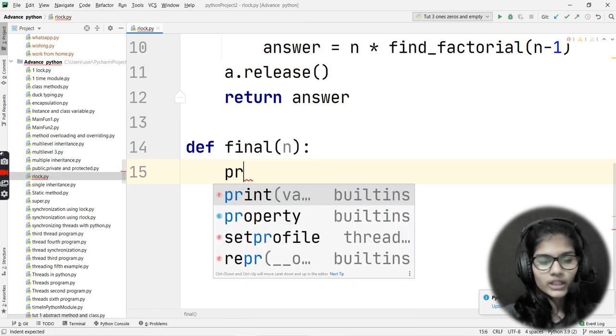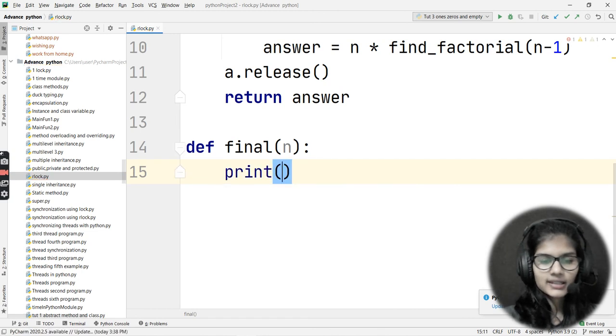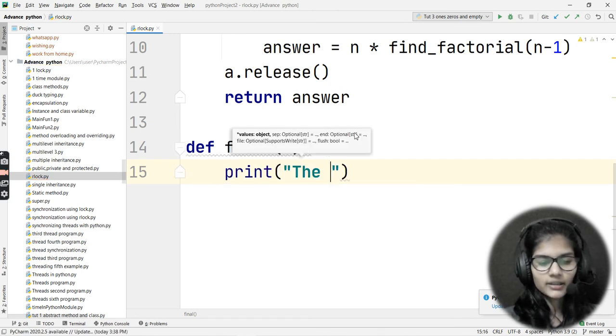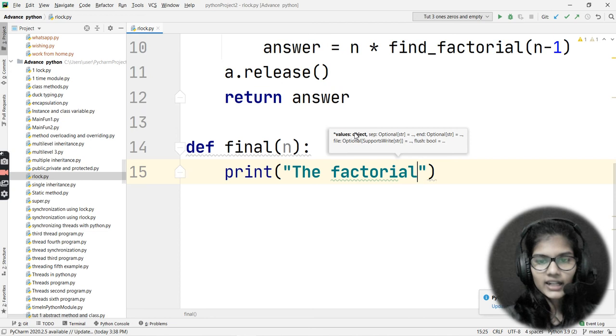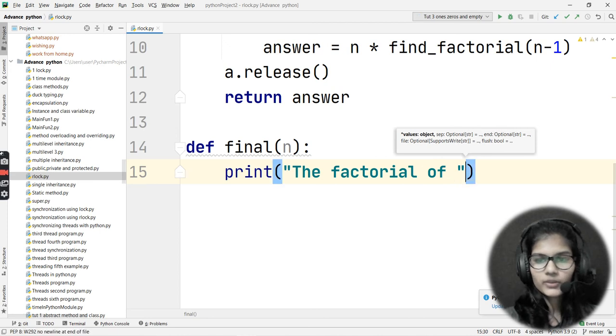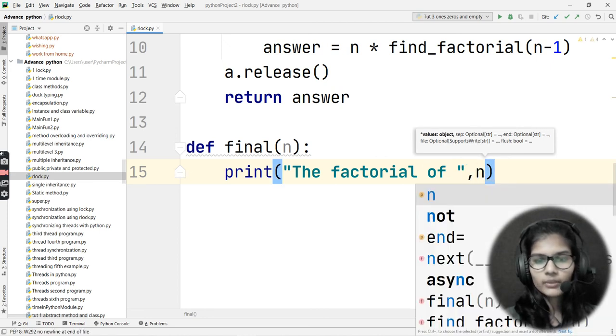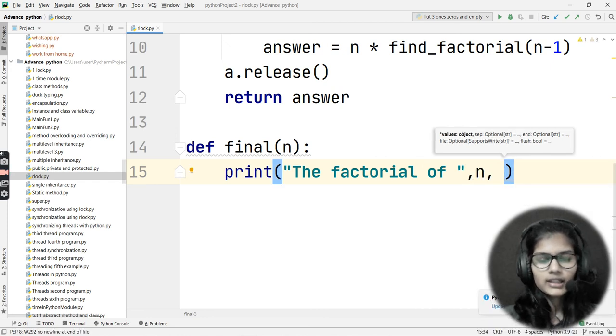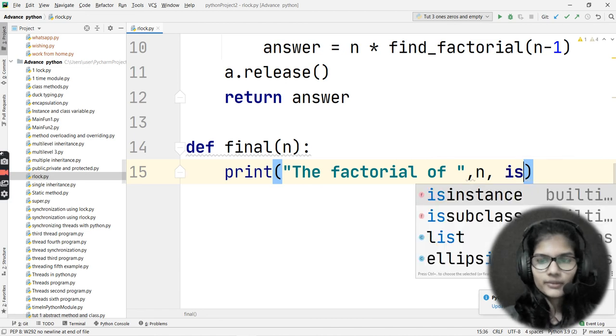Right. So in my print statement I'll be writing print, and inside this I'll be writing "the factorial of", and I'll put a comma here. I also want to write the number, so n. The n is my number.